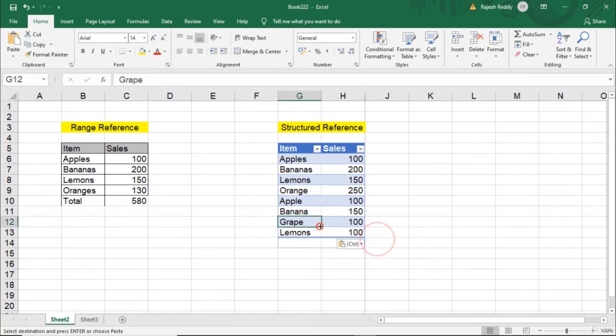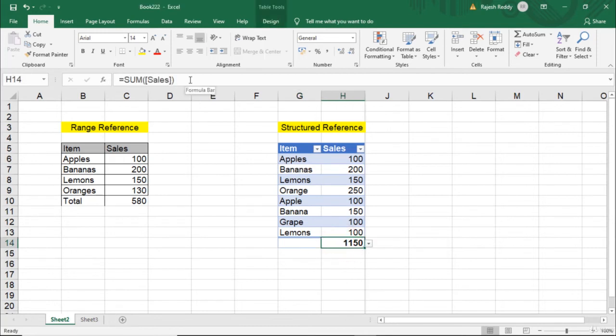Okay, and also it will generate the total sales value automatically. And also if you expand this table, the formula also expands. Okay, the formula does not break anywhere.